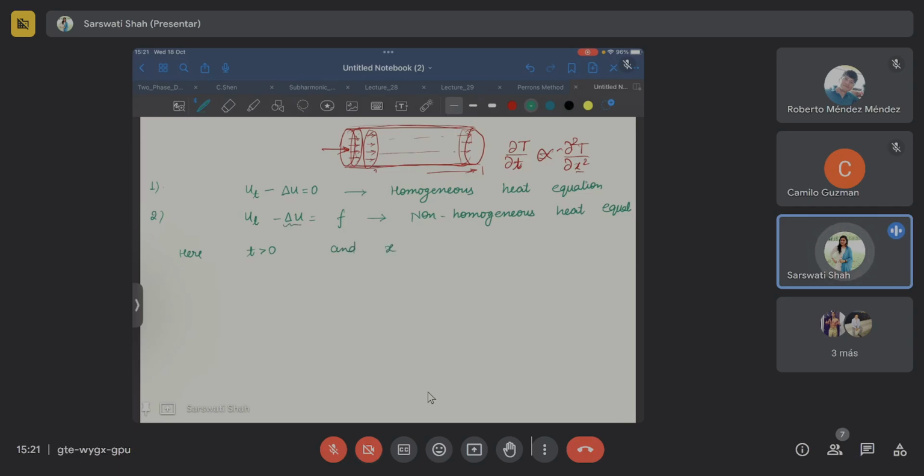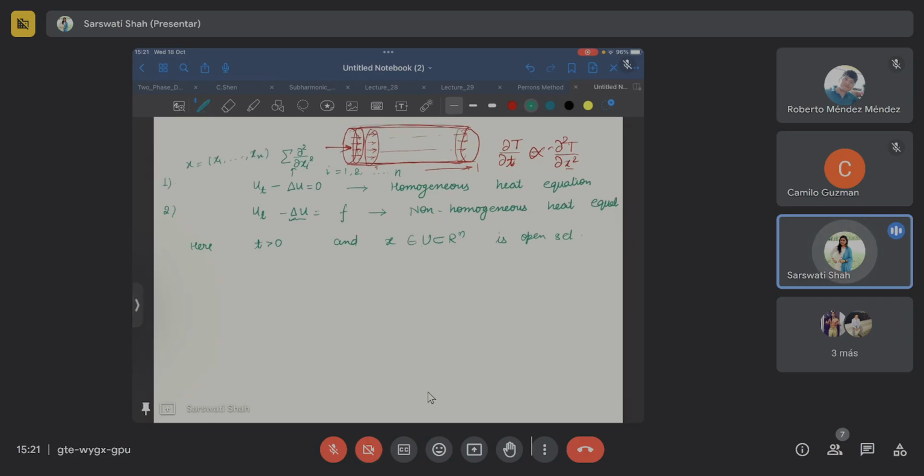So this is the Laplacian, and how is the Laplacian defined? It is defined as the summation of del 2 over del x_i squared, where x equals x1 up to xn. So this i is varying from 1 to n, and x is belonging to U, that is a subset of R^n, where U is an open set. So basically we take the space variable belonging to the open set, because when we define the Laplacian of any function,